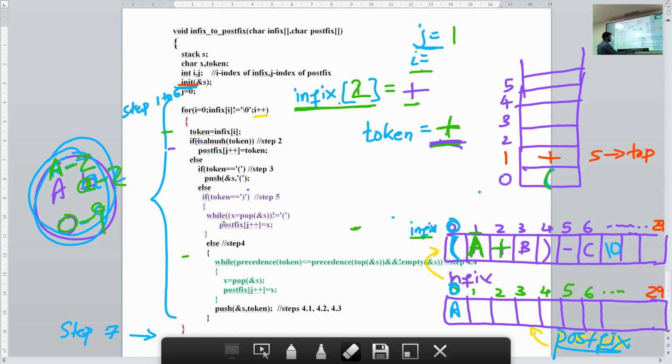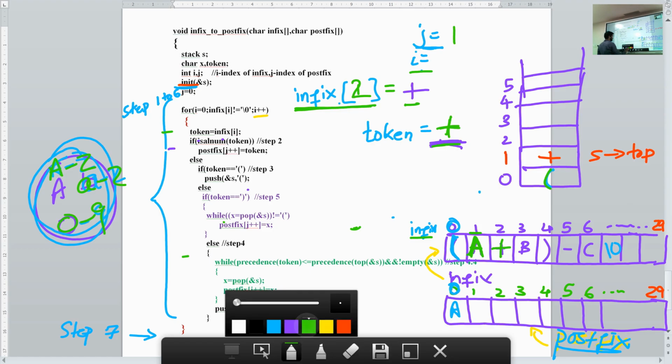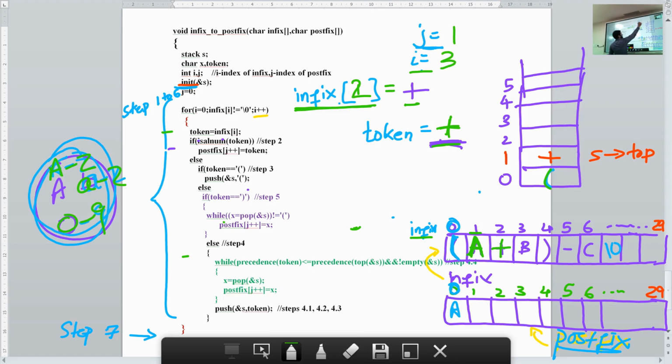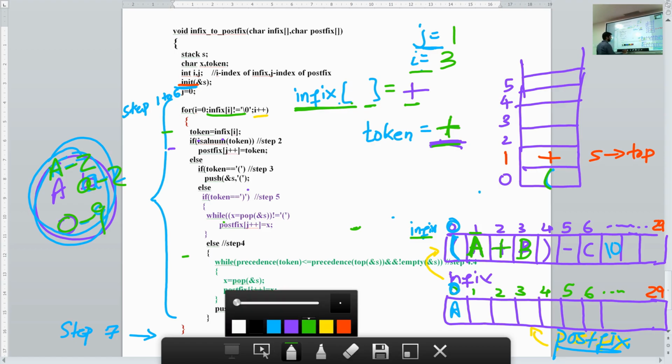When you do i plus plus, this value increments and you will get i as 3. So now what is infix of 3? Infix of 3 now you are having as B. So again check this. Is it not equal to null? I value is 3.